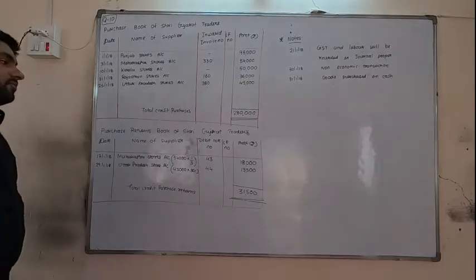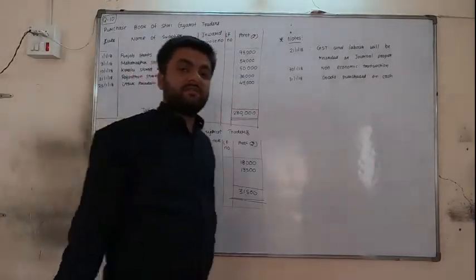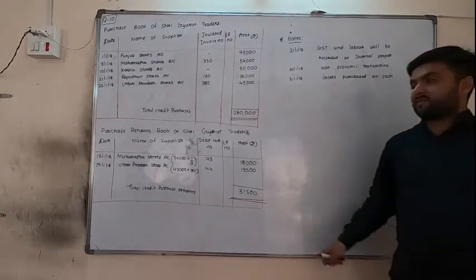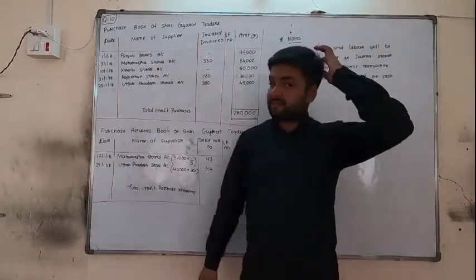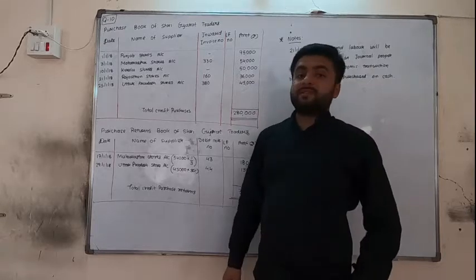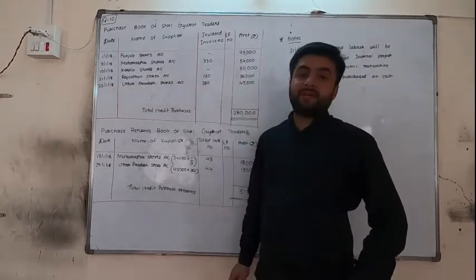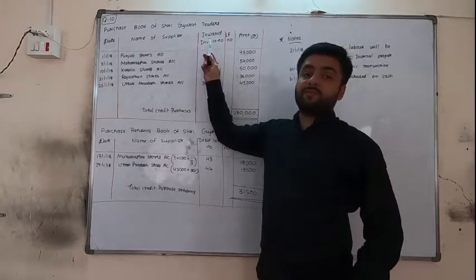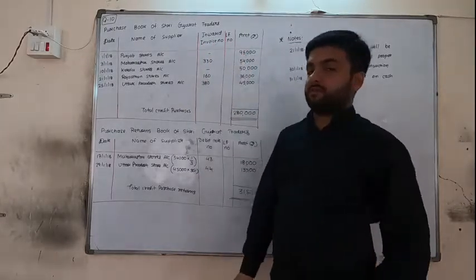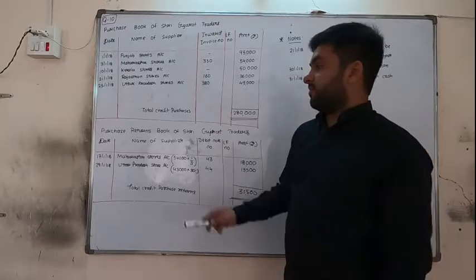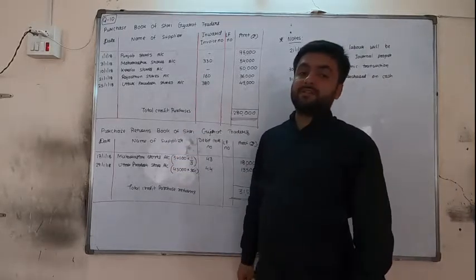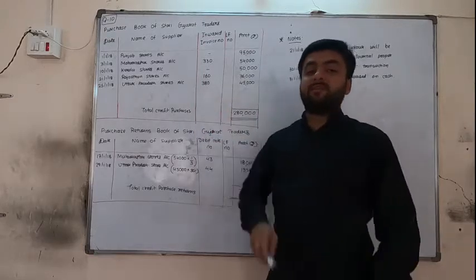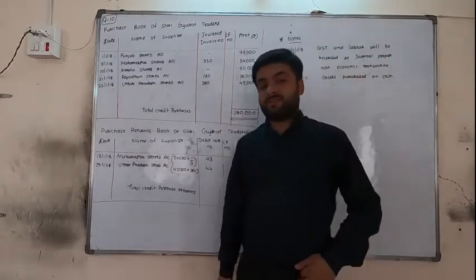Now after this we are going to write the specimen for the sales return book, and then we will do the sum. So first compare the purchase returns with sales return. In the purchase book, date then name of supplier. In the sales book, date then name of customer. Then here inward invoice number, then the sales book has outward invoice number. Then everything is same. Now the purchase returns book has the name of supplier, so the sales return book will have the name of customer.